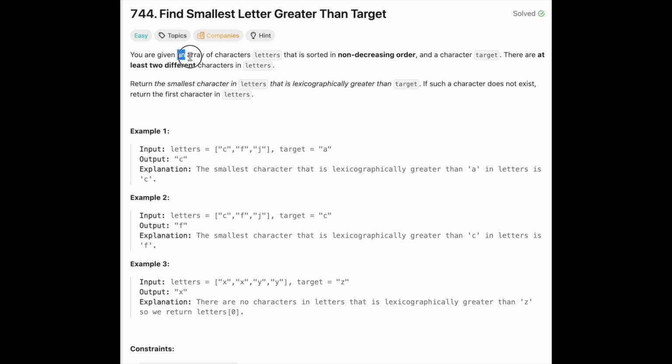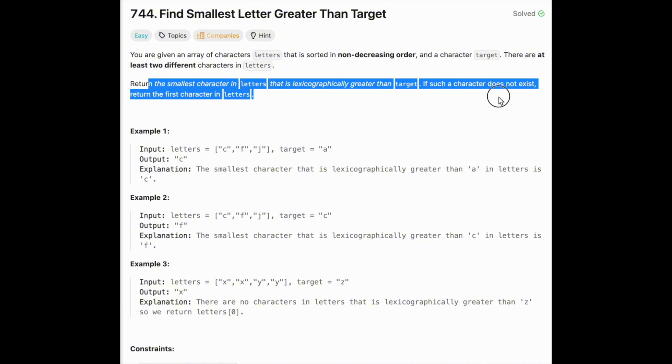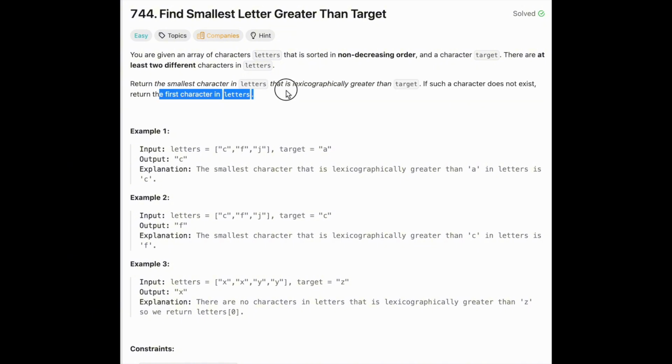Today we are solving find smallest letter greater than target. We will be given an array of characters that is sorted in non-decreasing order, which just means that each letter as we go will either be equal to or greater lexicographically. And we will have a character called target, and we want to return the smallest character in letters that is lexicographically greater than target. And if no character like that exists, then we will return the first character in the